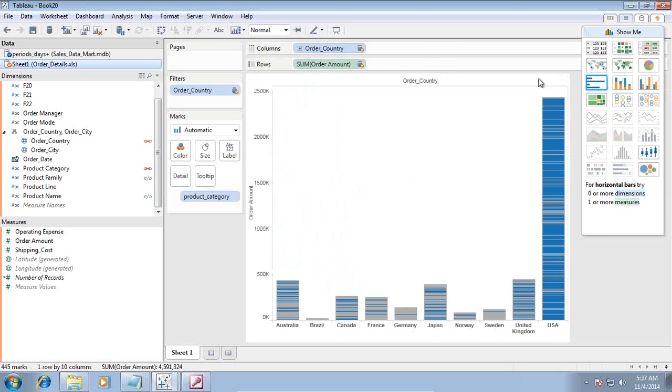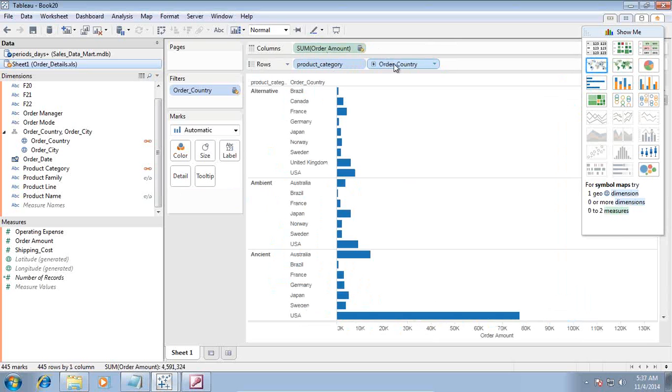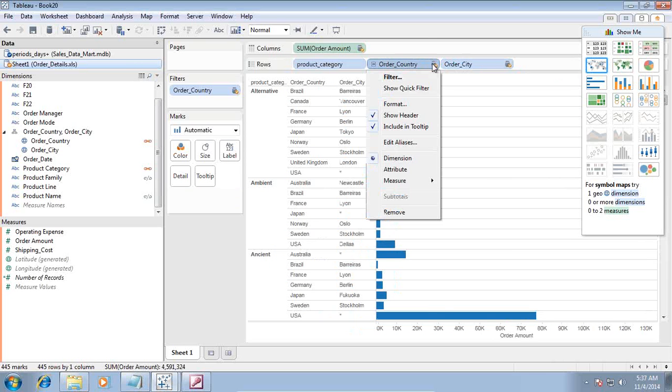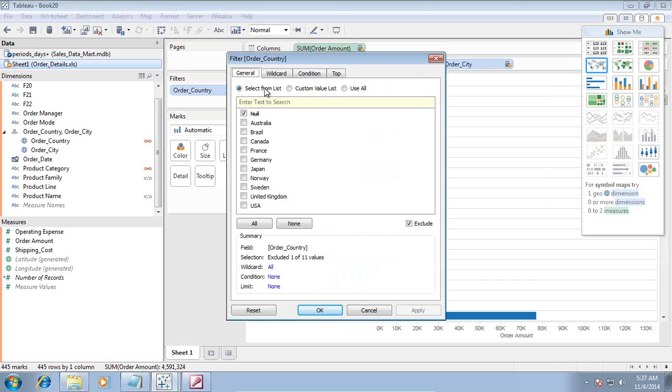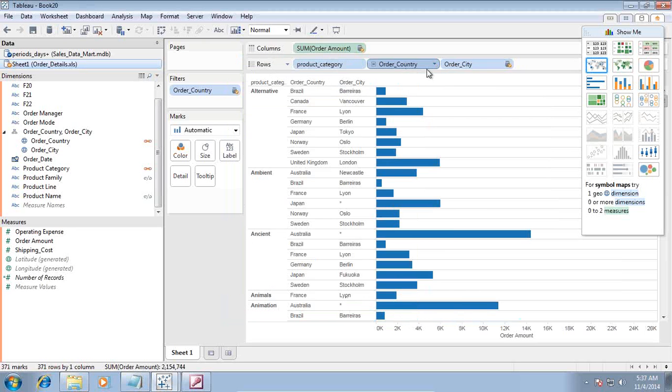In addition to this, you can also apply a limit on a specific product country. Like I got product country and product city. I'd like to apply a filter on product country. I'd like to see data only for a specific country like USA. I can confine my attention to only USA for a specific city. In addition to this,